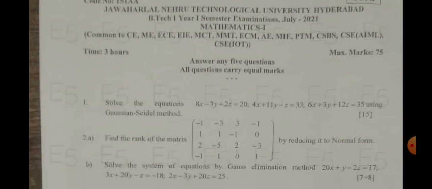The first problem, out of 8, you are going to answer only 5. Solve the system of equations using the Gauss-Seidel method. A little bit of a problem is there in the third equation. If the right hand side is exactly equal to 36, then definitely you are going to get the answer x equal to 3, y equal to 2, z equal to 1. Since it is given as 35, you may get a slight difference in the values. But the right answer is 3, 2, 1.